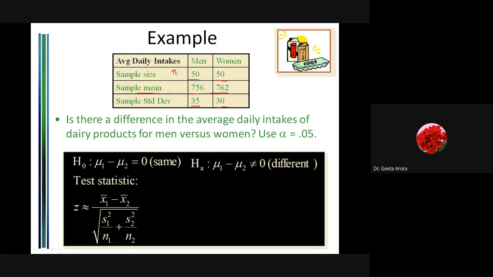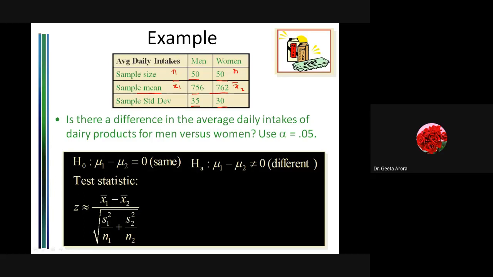So this is our n1 and n2, which is actually the same. These are the sample means, x1 bar and x2 bar. One more thing: can you think that there is any impact of taking x1 bar minus x2 bar according to whatever the given things are? Is there any impact?